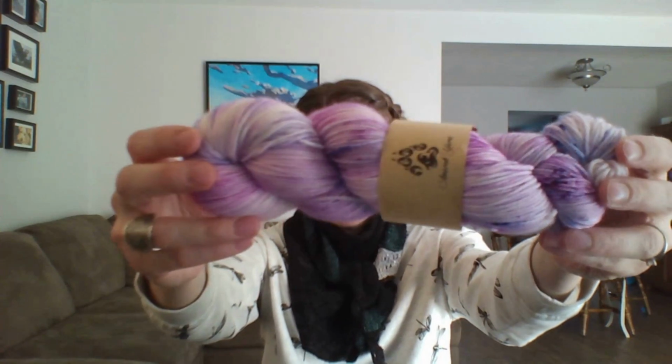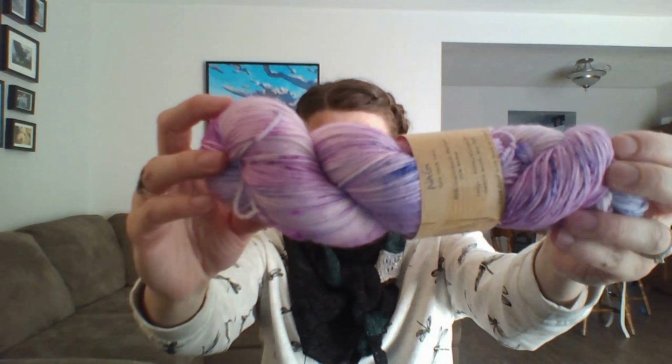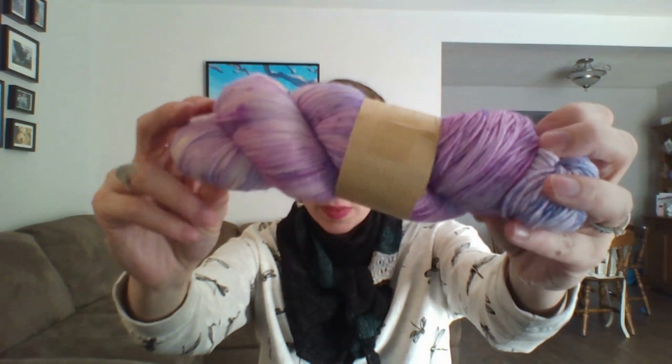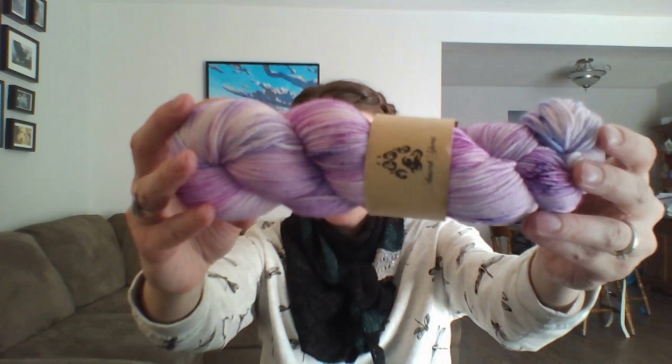This one is all pinks and purples. Another one of her one-of-a-kinds. And because it's so soft, I'm tempted to keep this one for a shawl, for some kind of mix and match, because it really is that soft. It's a treat for the feet because it's so soft, but I'm tempted to hang on to this one. It's just got such a lovely tonal quality, and the speckles are so crisp in the purple and pink,